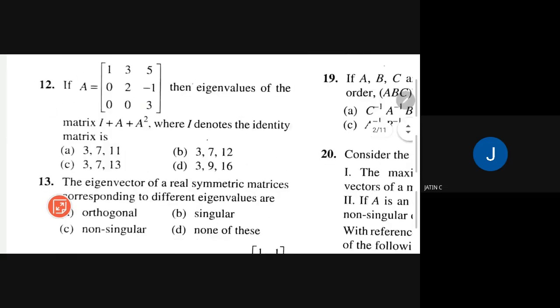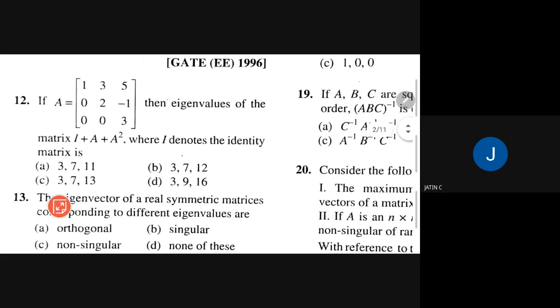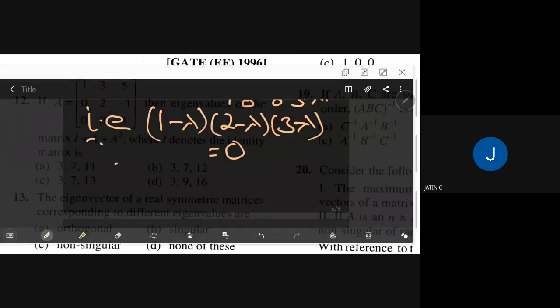So what you are saying is that you have, but there is a question here. Are you sure that the A square diagonal elements are 1, 4, and 9? Yes, sir. You can just multiply them. Yeah, right. I think it is right. You are right, and the last one is also right. Because of that only we are doing it. You have the identity, and only principal diagonal elements you are looking at, I think. Is it right? Yes, sir.